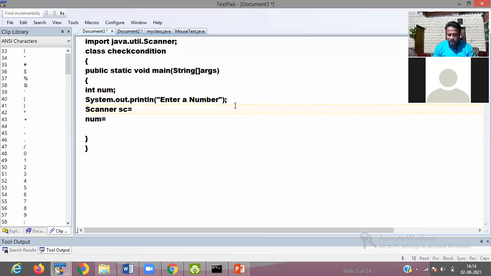Sc equals new Scanner. For taking the keyboard input, we have to write System.in.